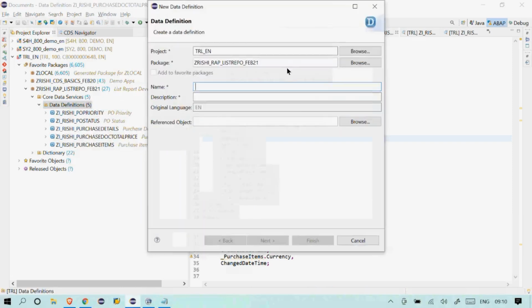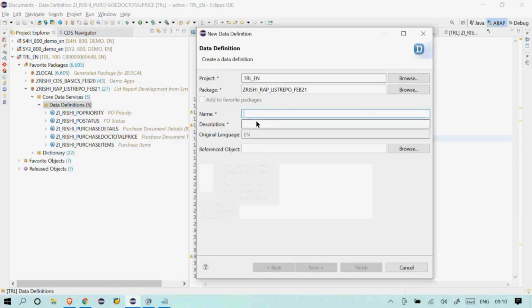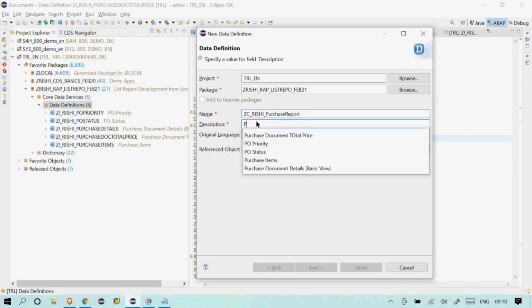So we'll be done creating 7 CDS views. Okay, so I'll create the consumption view. We start with C. Okay, GC Rishi, and I'll say purchase report.